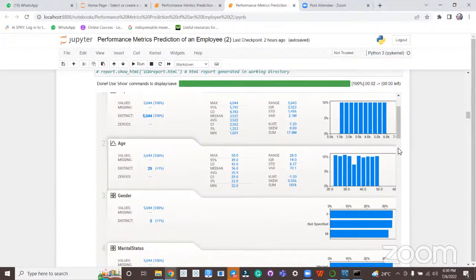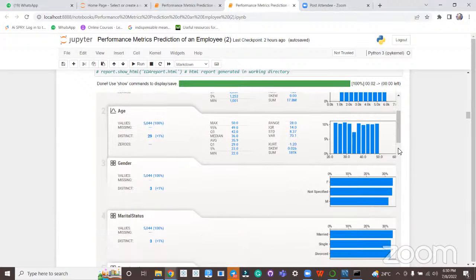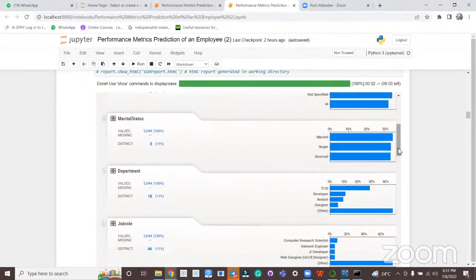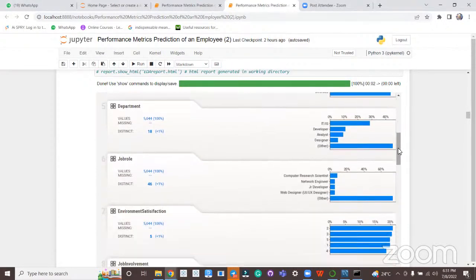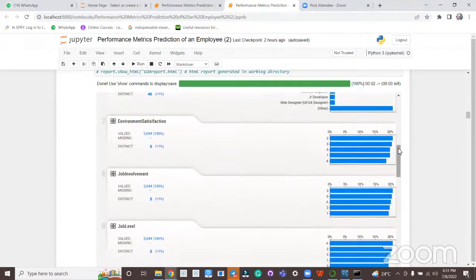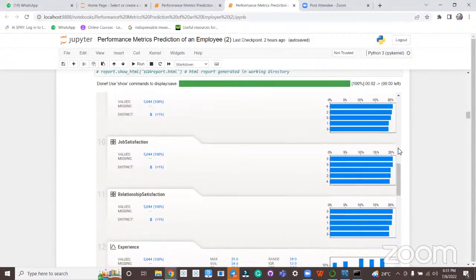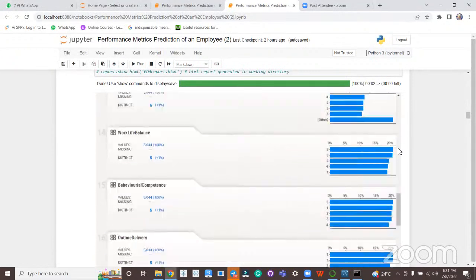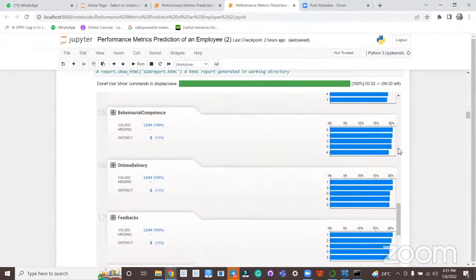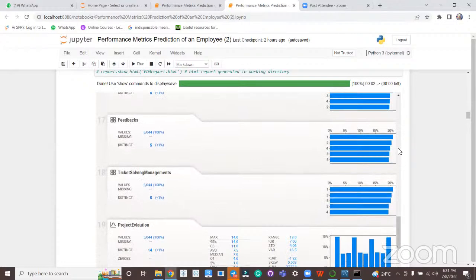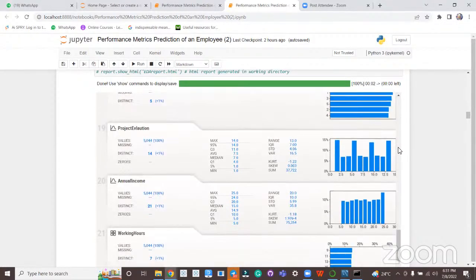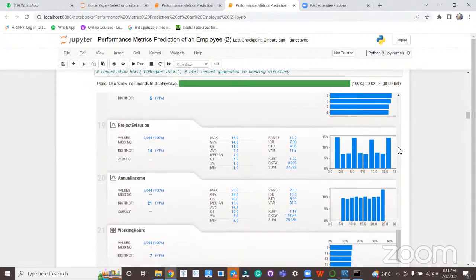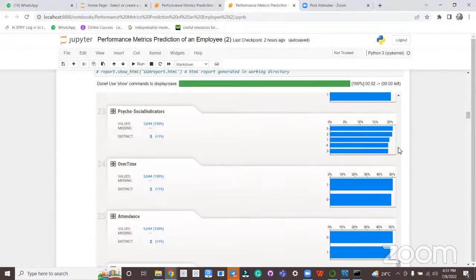You can ignore that particular column, but you have all the other columns, which give us the detailed report. The gender, marital status, department, right? All the 29 columns. This will ensure that we don't miss out performing any step on the preliminary analysis of your data. So univariate analysis is taken care of, thanks to the automated EDA library called SweetViz.